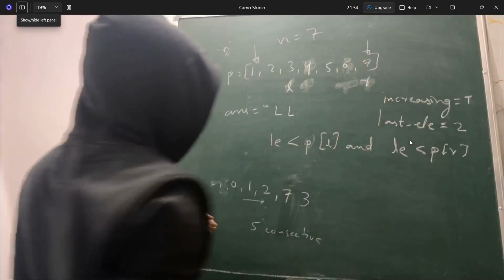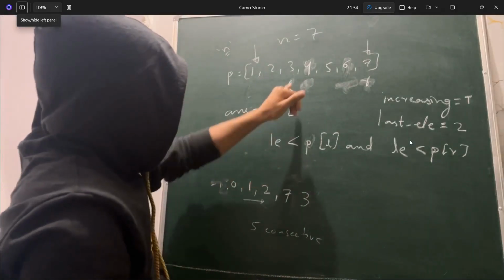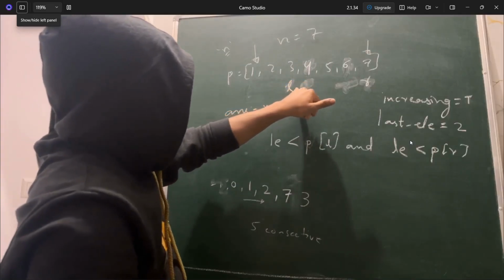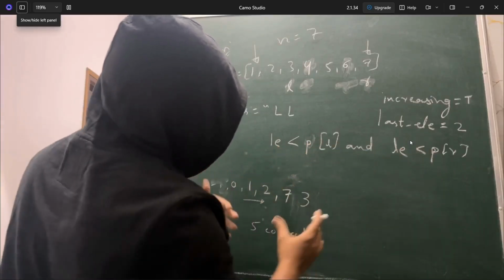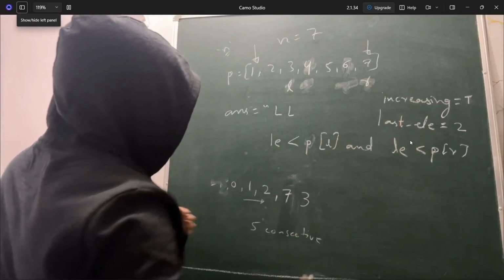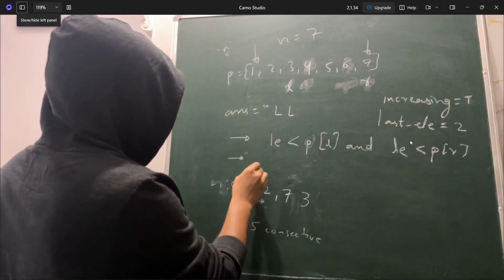You guys are getting it, right? So if the last element is lesser than the left index element and the right index element, in that case among these two, whichever is biggest, I'll take, and increasing I'll set to true. And this is the one condition. One more condition would be,